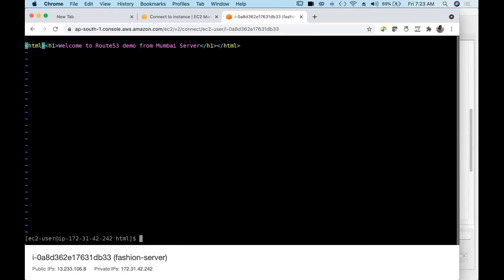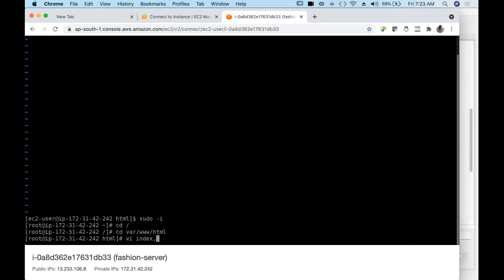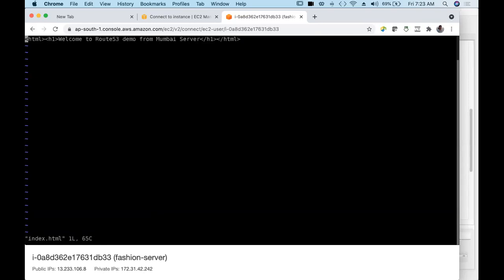Let us log in as root user. Let us edit it. I'll show you the difference.